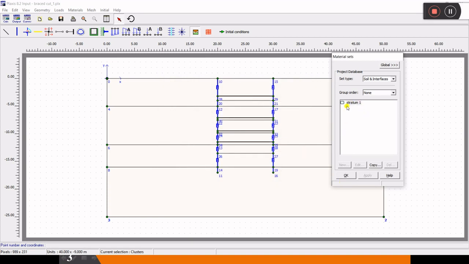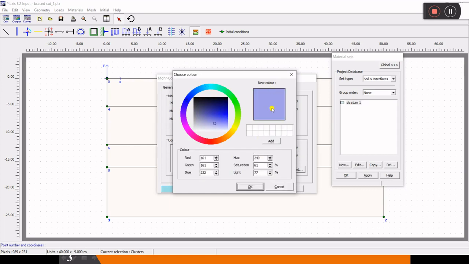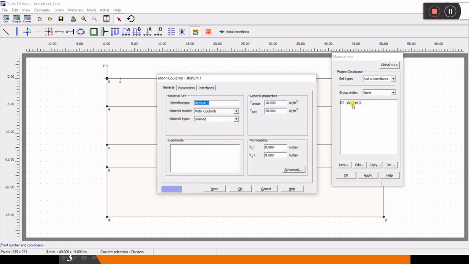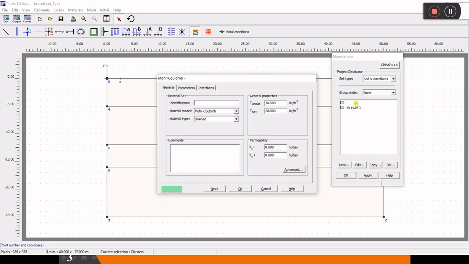So the first soil layer is created. You can change the color from here. I'll take this color, and then you go and create a new layer. I'll just copy this layer, and it will create a new layer. The name of the new one will be stratum 2, Mohr-Coulomb model, drained.